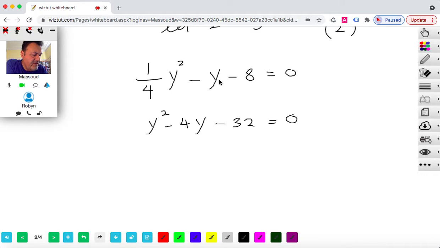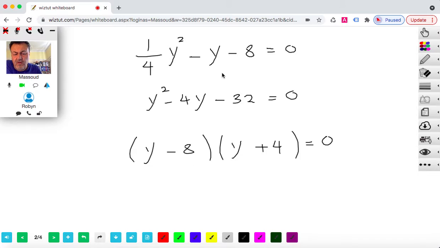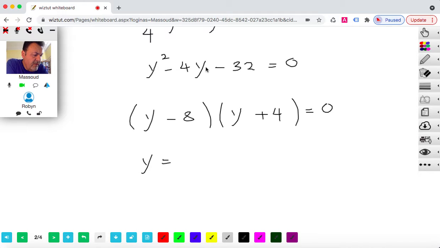So if I factorize that, I would get y minus 8 and y plus 4 is equal to 0. So the two answers are y is equal to 8 or y is equal to -4,